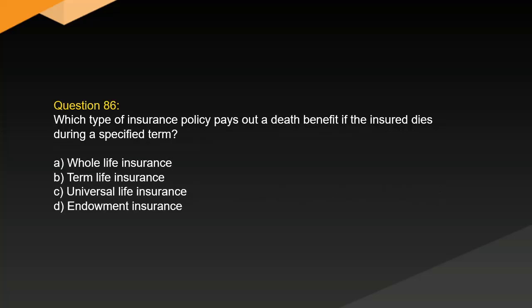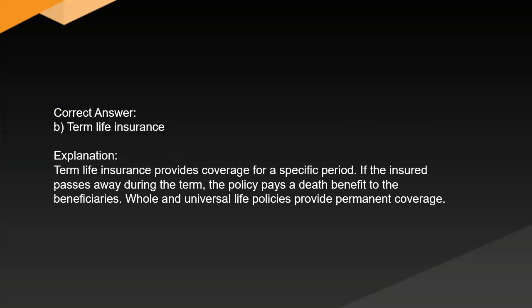Question 86. Which type of insurance policy pays out a death benefit if the insured dies during a specified term? A. Whole life insurance. B. Term life insurance. C. Universal life insurance. D. Endowment insurance. Correct answer: B. Term life insurance. Explanation: